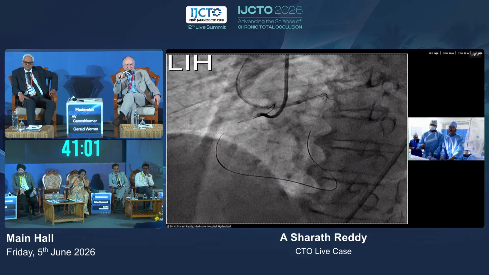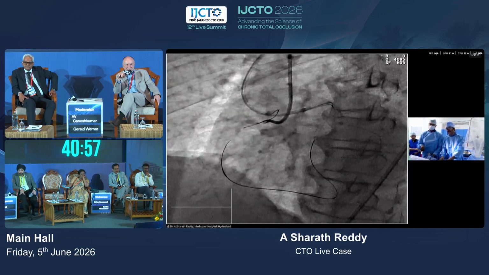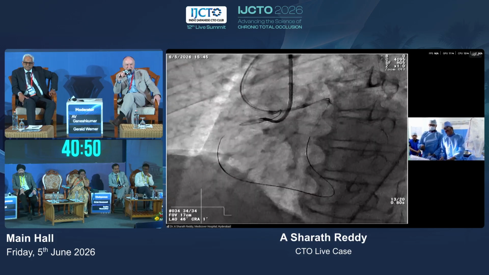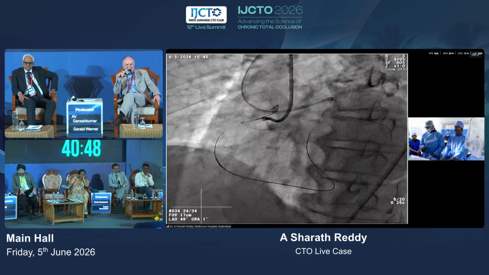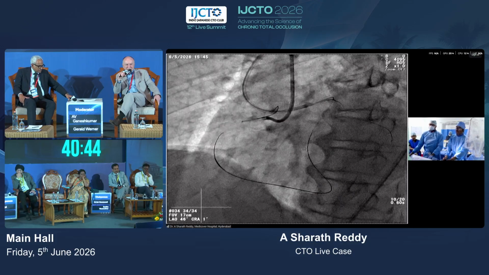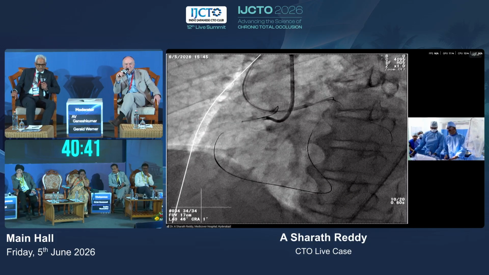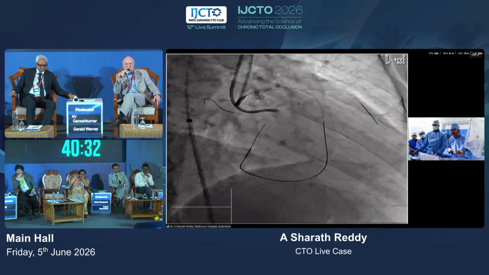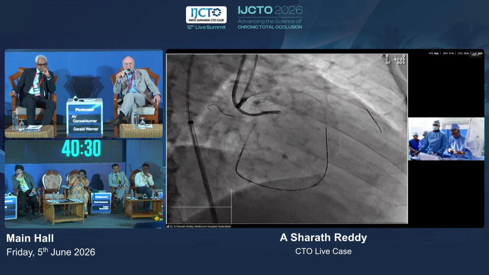Yeah, it looks in the direction of RCA. Yeah, you can record this, and exactly towards the other side of the RV branch origin. Come to the same RAO view, please. Since you have already punctured, or we presume that you have punctured the distal cap, would you downsize your wire? Yes, I'll do that. I just want to get a little up because otherwise